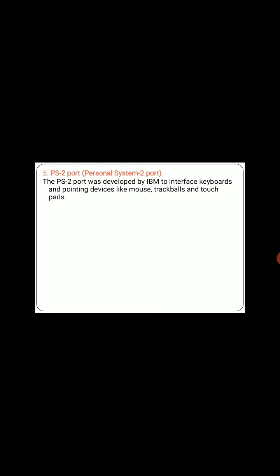In olden days, you may see that keyboard and mouse pins are in a circle, round type. Those round type keyboards and mouse connectors are called the PS2 ports. Nowadays, all keyboards and mouse come with the USB type. But in olden days, the mouse and keyboards came with the round shape. That shape is round. That is called the PS2 port. This PS2 port is used to connect the keyboards and mouse. This port is also called the mouse port, as most computers now have a PS2 port to connect the mouse.